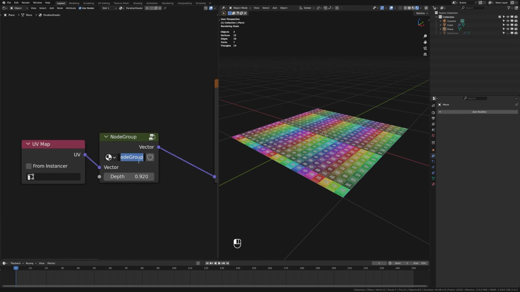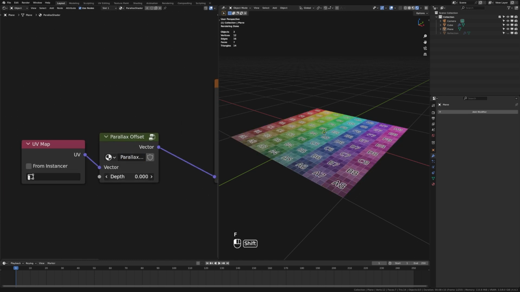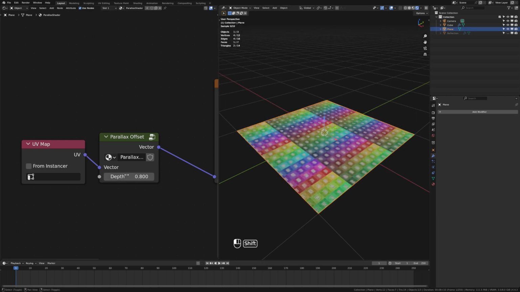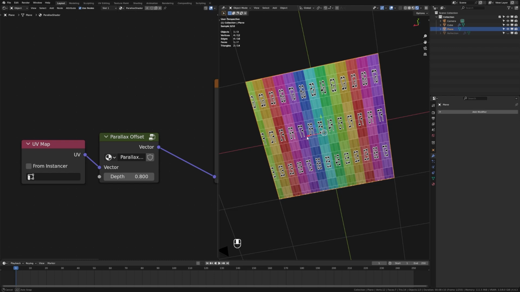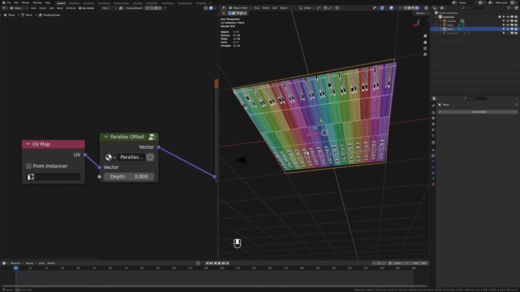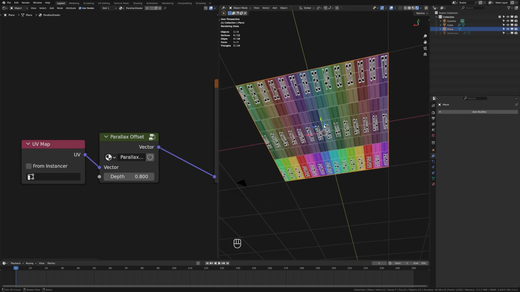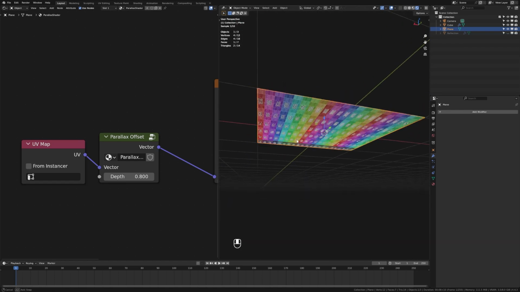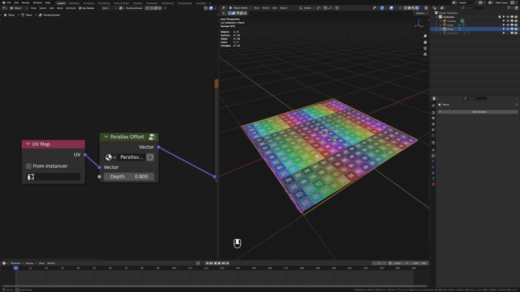So let's name this group PARALLAX offset, which already does what we need. But because we're shifting against the normal on our backface, this is going to look messed up. Of course, this would be the correct look because it's being shifted into a perspective from here and away from a perspective from here. But if you want the effect to instead go into the face, no matter which side